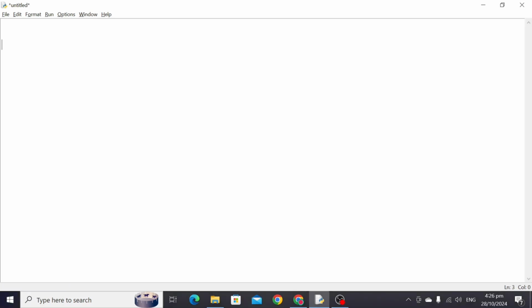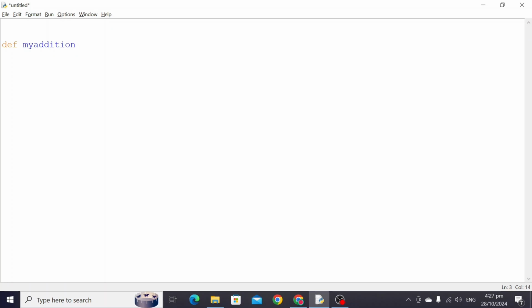So first of all, function definition. In Python we have to use def keyword, then the name of a function. For example, I am giving my addition. You can take any valid name. It should start from a letter or underscore. There should not be any white space in between, and there should not be any special symbol. All the rules and guidelines we use for variable names, the same rules we have to follow here also when we are